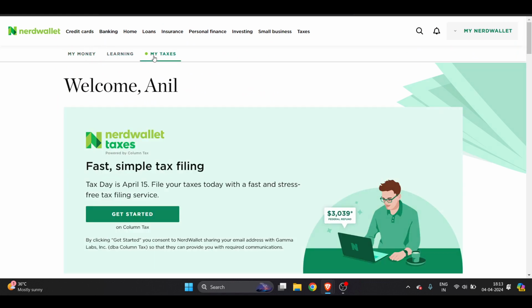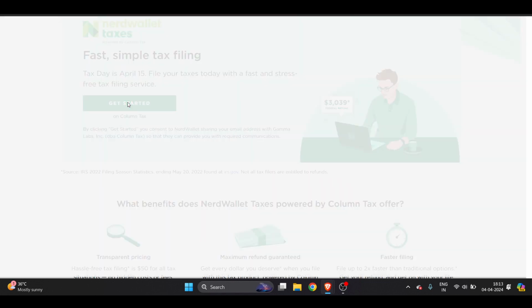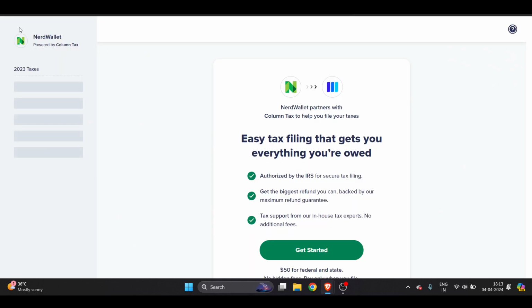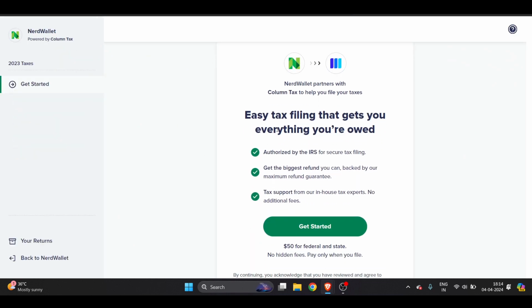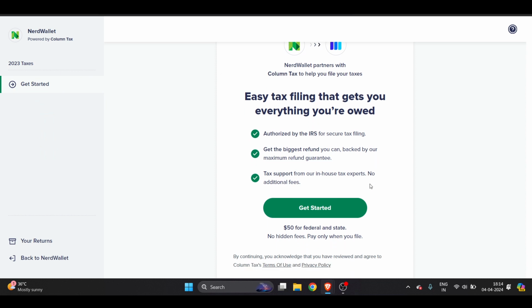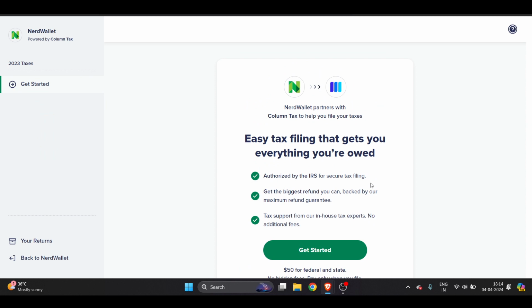And if I just click on my taxes, I have to click on get started. Once I click on get started, it will load for a few seconds, so you have to just wait. And here you can see easy tax filing that gets you everything you are owed, right? So basically it becomes very easy to pay your taxes directly through NerdWallet because it is powered by Column